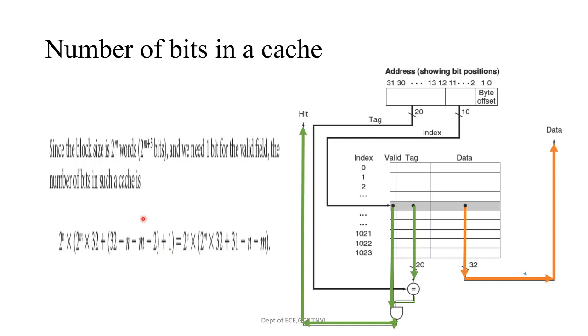Also, we can calculate the number of bits in a cache. Since the block size is 2 power m words, or in turn we can say 2 power m plus 5 bits, and we need 1 bit for the valid field, then the number of bits in such a cache is 2 power n into 2 power m into 32 plus 32 minus n minus m minus 2 plus 1. This is the valid field, and this is the size of the tag field. Now we are calculating the total number of bits,